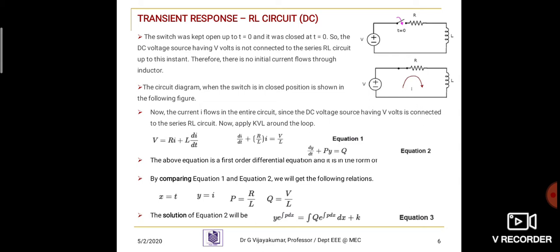Let us now consider the following RL circuit. We assume no current is flowing in the inductor before the switch is closed. Is it right? I have not closed the switch, so definitely current should not flow through the inductor. Then I am writing an equation using Kirchhoff's law.